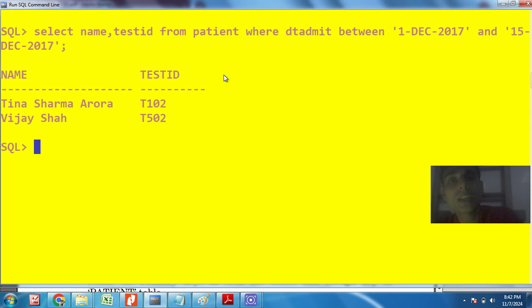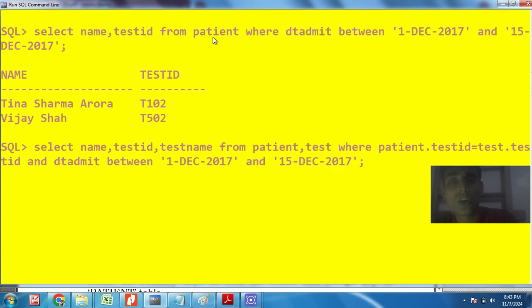Okay, so we are clear about that type of query. We are getting name and test id obviously, but here I am not getting the test name. Here I must display the test name also. Okay, again if you will write that answer, this is also wrong answer. In database management system, if you will write wrong answer, you will get 0 mark. If you will write correct answer, you will get full marks. So either you will get full marks, or you will get 0 marks. So you can score very easily and you can lose very easily. Okay, choice is yours. So we must know all the wrong answers.